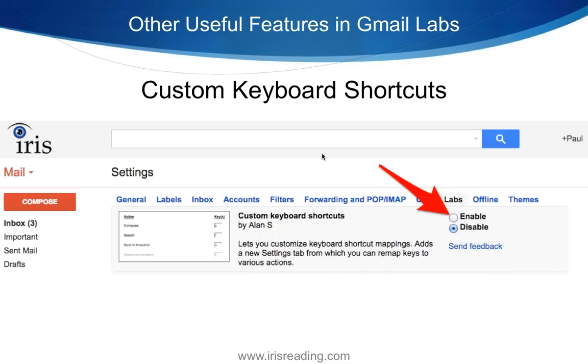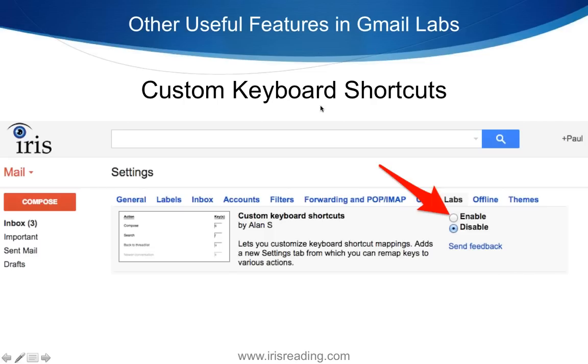Now, one other thing. Remember we talked about keyboard shortcuts within Gmail? You could do a Google search for those keyboard shortcuts. So one of them, like the letters J and K, allow you to go up and down. The letter E archives something. But what if you don't like the fact that E is to archive? What if that doesn't make sense to you? What if you want it to be the letter A?